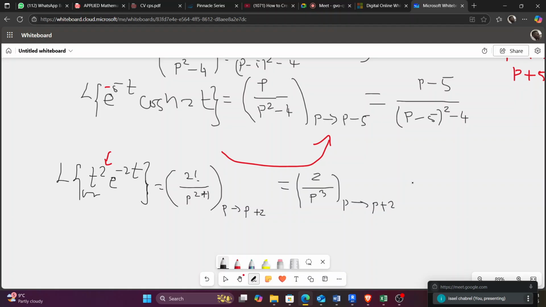So if we have to substitute to get the final answer, you will have 2. Sorry about this handwriting, like I said, I will get my tablet next week. Yeah, it will be proper. Where there is P, I substitute by the expression P plus 2. Now, I can just put the 3 here, and this is the final answer. So what is the rule? As long as there is something next to E, you can solve it using first translation property.